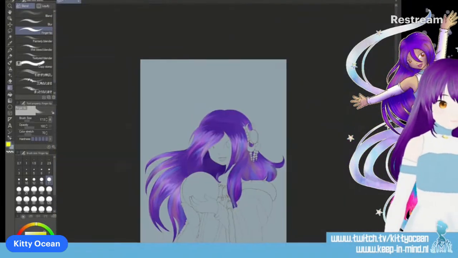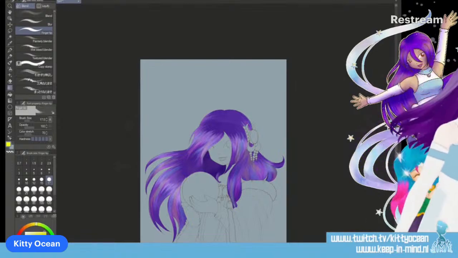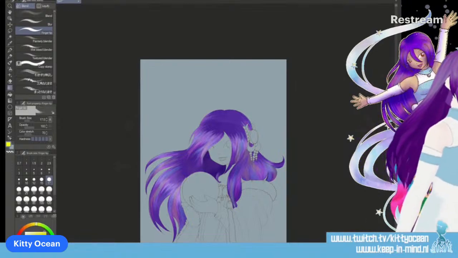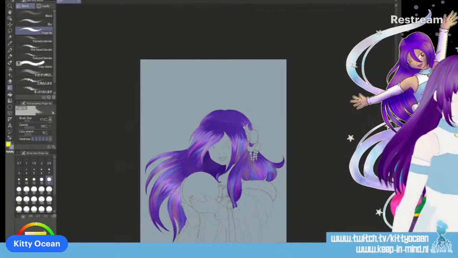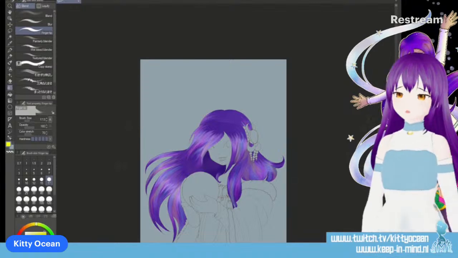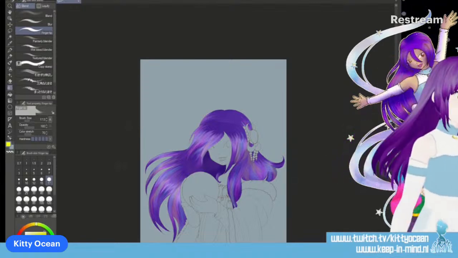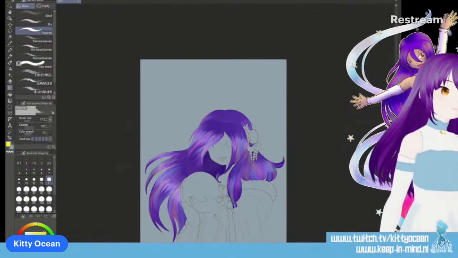Okay, so this is the first layer of hair. Whole rainbowy. So I'm gonna duplicate that and put it in my save file. I'm gonna make a folder out of that. Save. Those are my backups in case I need it. There we go.